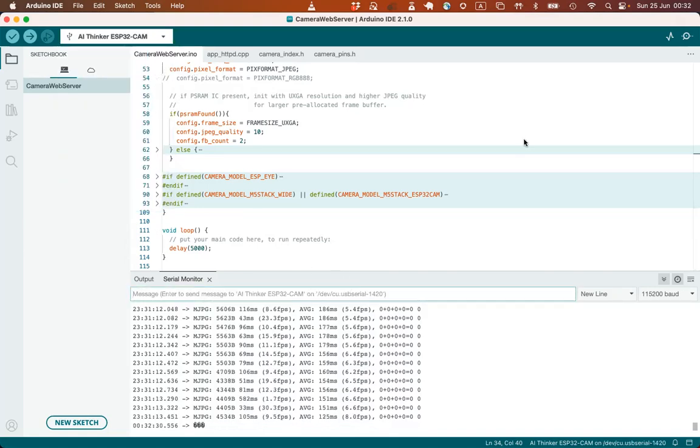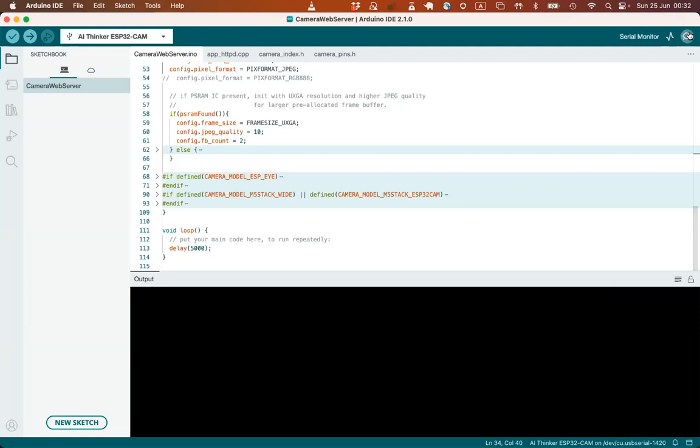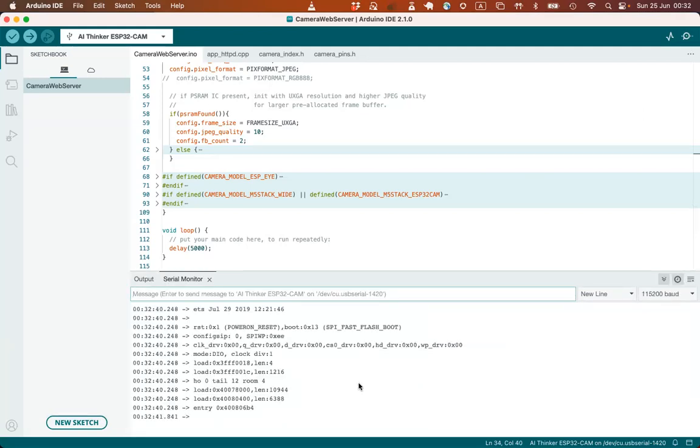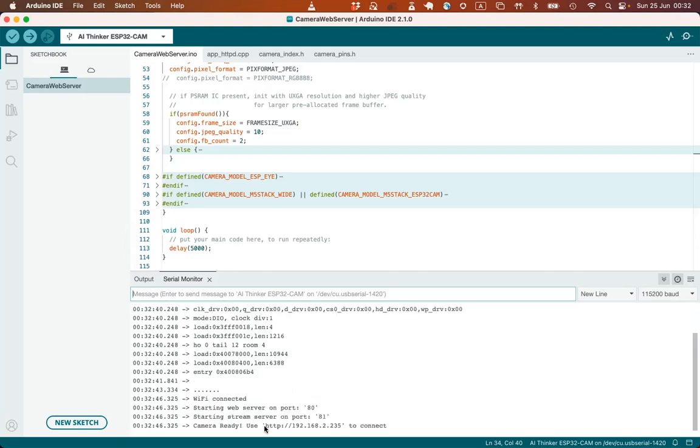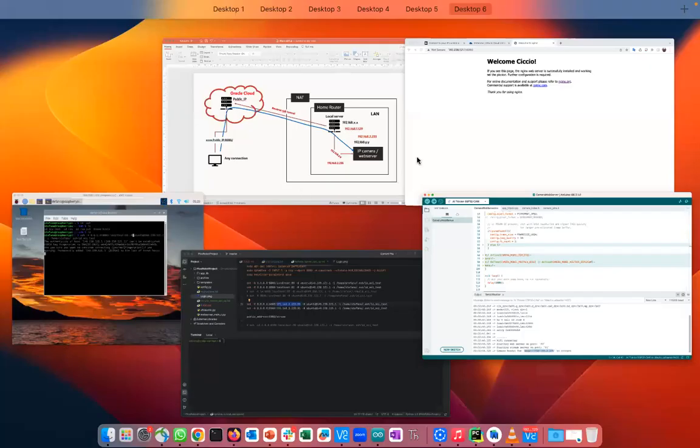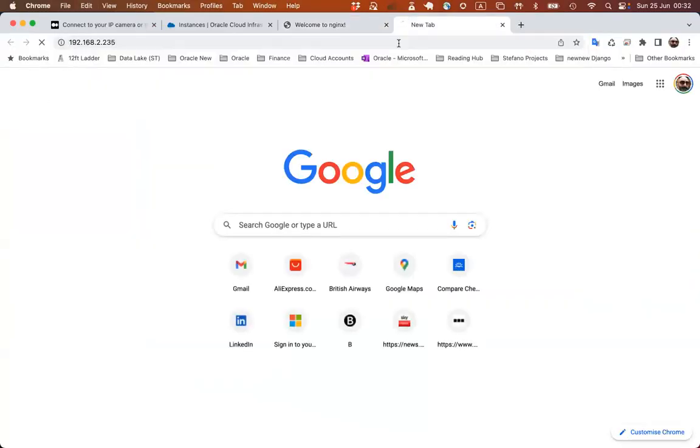If you have the Arduino running, this one should be okay, just to avoid any problem. This one is just running on this server. So if I go back here and I push this,